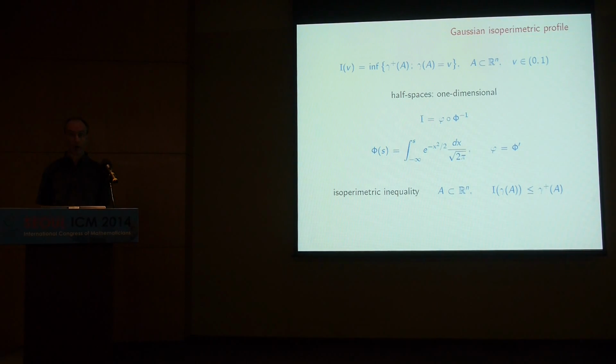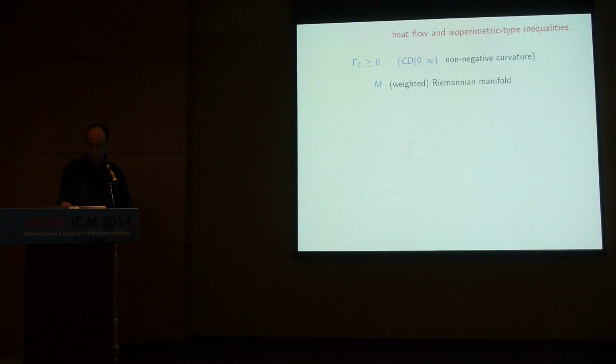Typically, isoperimetric inequalities are proved using symmetrization arguments or rearrangement arguments. But actually, there are also heat flow proofs of such geometric inequalities. And here is one result in this context, in the context of a weighted Riemannian manifold or even a Markov triple under the non-negative curvature condition, but it would be similar for any lower bound on the curvature. And there are heat flow proofs of such isoperimetric inequalities